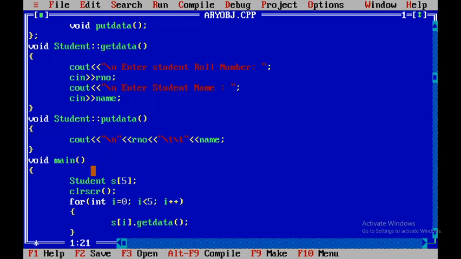Instead of that, if we create an array of objects like this, here I have created an array of just 5 students. So student S[5] means I am creating an array of 5 students and the name of my array is S. S of 5 is nothing but an array of objects.